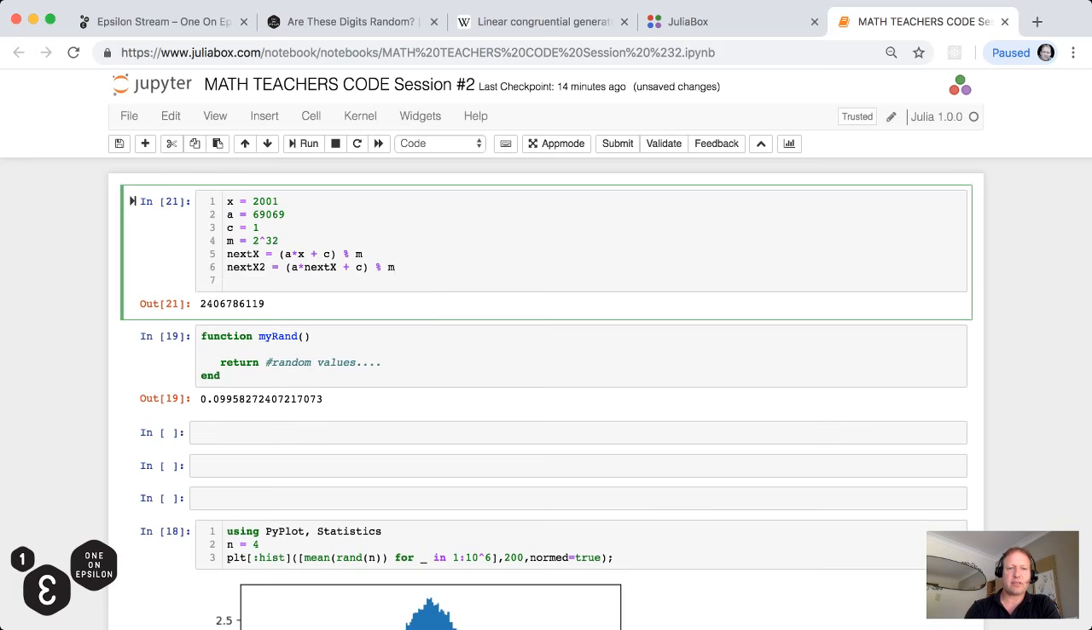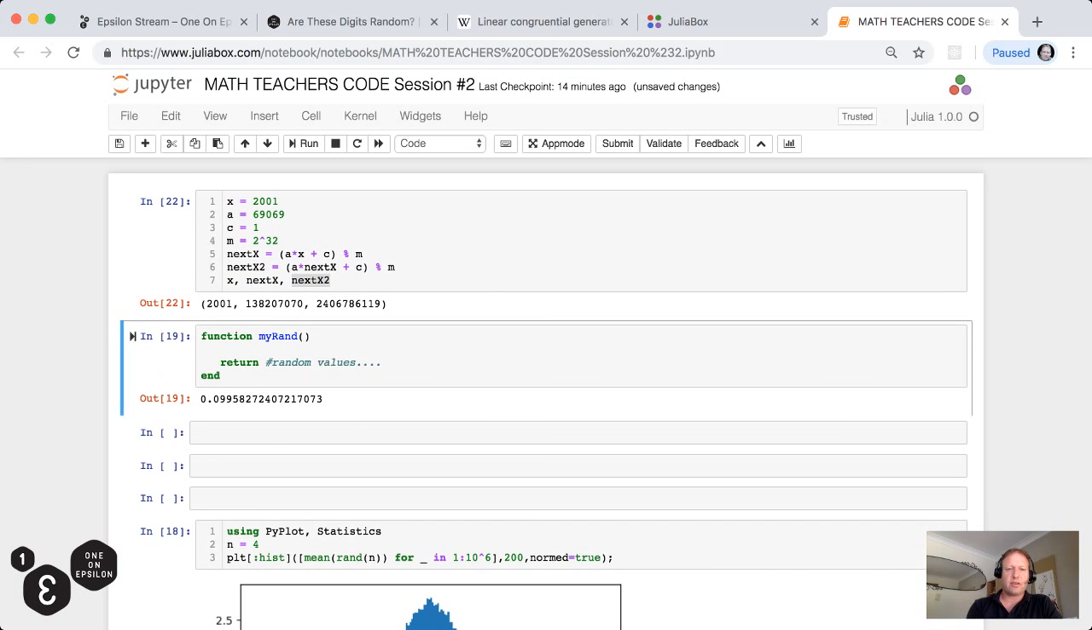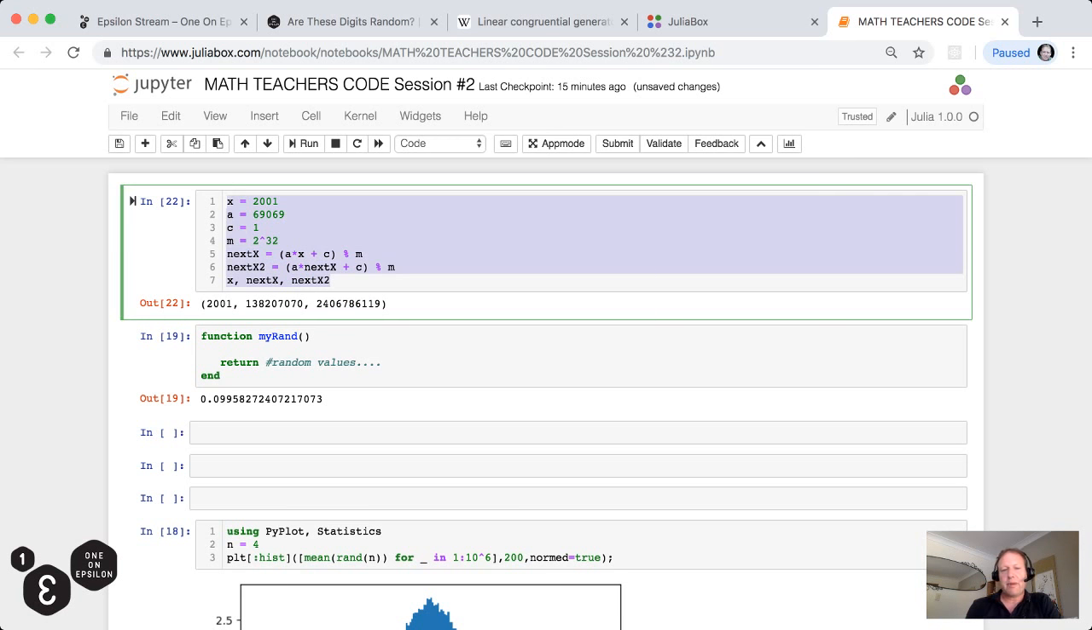I'll put x comma next x comma next x2, and that actually creates what's called a tuple in Julia, a 3-tuple having the values x, next x, and next x2, and we'll see them all printed out. So we start at 2001, we then hop to this number, and then we go to this number. Okay, now clearly we're not going to do this again and again and again. We'll rather implement this type of thing in our function myrand, which will give us